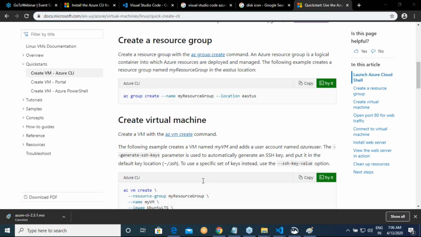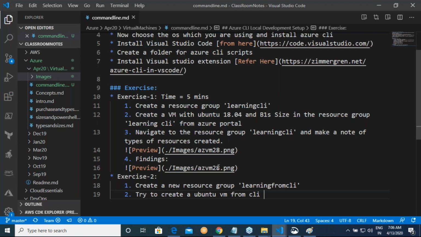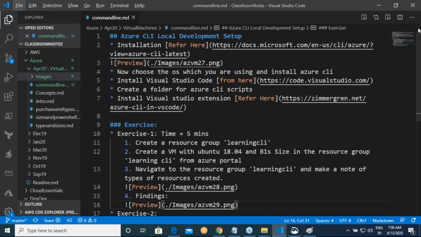But before the steps, I want you to do one important thing. Before this, you have to install Azure CLI. If you see in the chat, I have given a link.